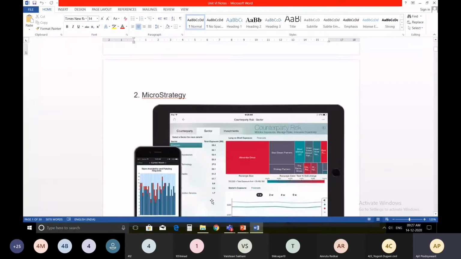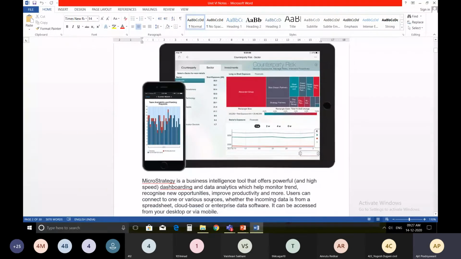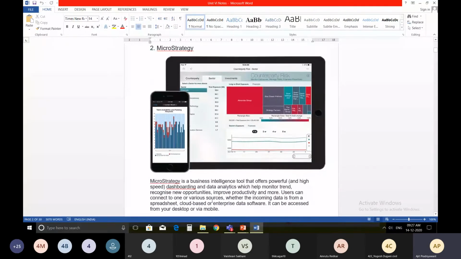Next is MicroStrategy. As you can see on the screen, the look of MicroStrategy is like this. Systematic presentation of the data is present on the desktop, and it is also accessible on mobile.